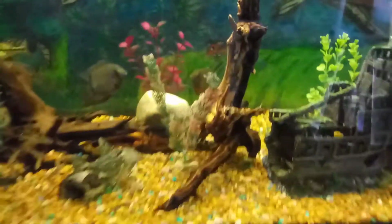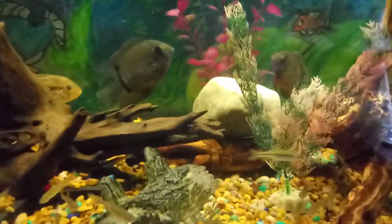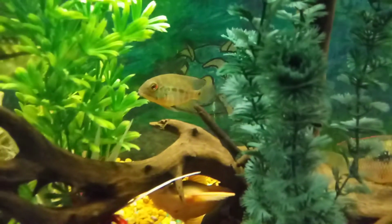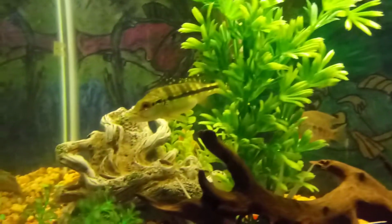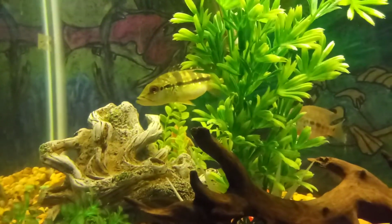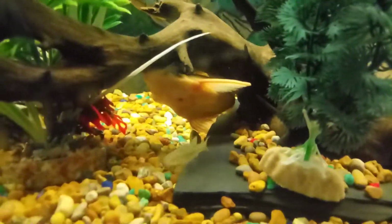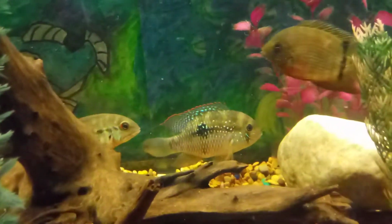But over here I switched all this around too. The 90 gallons got all my severums, my acaras, the pretty fish, my new parrot fish I just got, the Azul peacock bass that turns blue, my albino plecos because I really love those guys. I ended up moving my smaller one in here. I don't know where it is right at the moment, but I cannot wait for, because I put these Royal